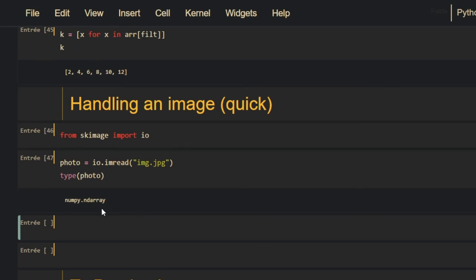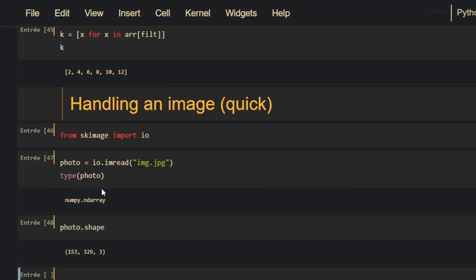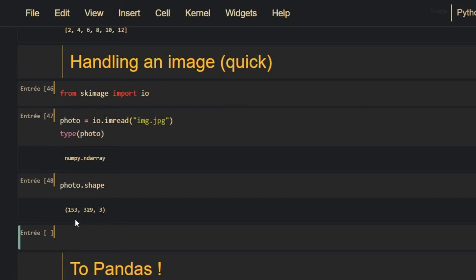We have a NumPy ndarray, and this is the important bit here. We're going to work on an array that, once it's showcased on a plot, is an image, but technically as a file it's an ndarray. Okay, so if I check my shape, I get a picture of 153 by 323 by 3. Why? Because it's an image, so images are going to be 2D, and every pixel of this image is going to have 3 pieces of information for the RGB colors. So you get the length, the height, and the color of your picture. So basically a JPEG is an ndarray of positions on a graph and color,